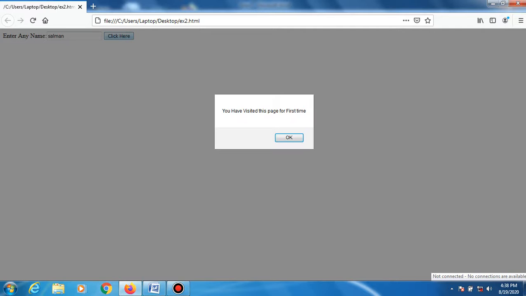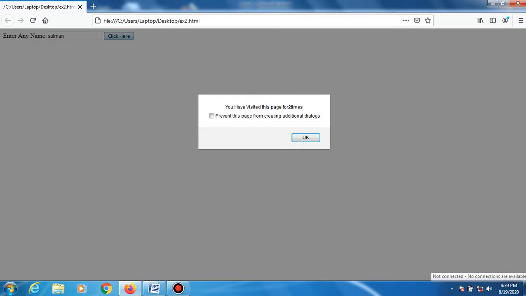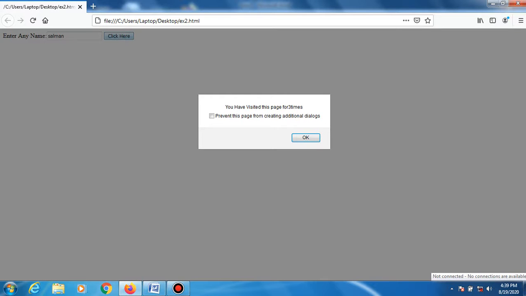Then you click OK. Then you click it again, it says you have visited this page the second time. When you click it a third time, it displays the message: you have visited this page for the third time.